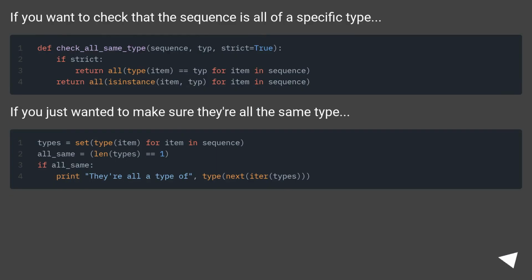If you want to check that the sequence is all of a specific type, if you just wanted to make sure they're all the same type,